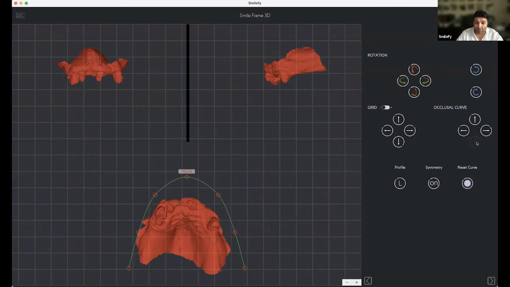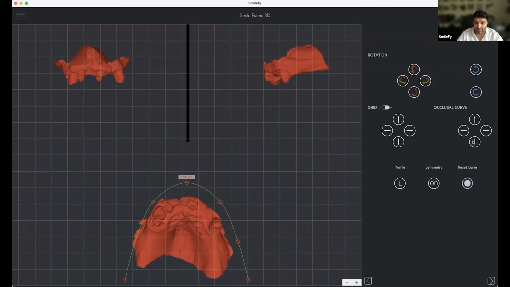So here is our occlusal curve. That's what we do in the first step, because with the occlusal curve we define our arch. Now you see the first challenge.